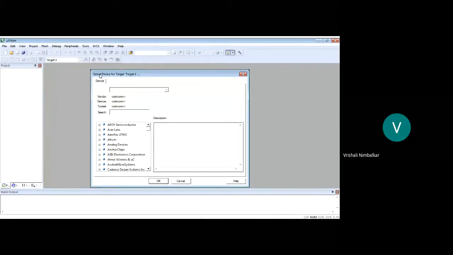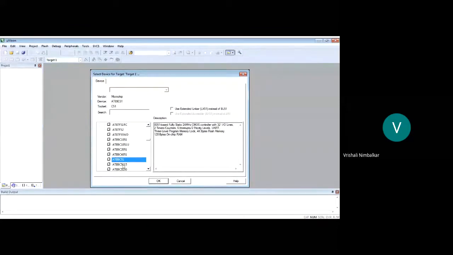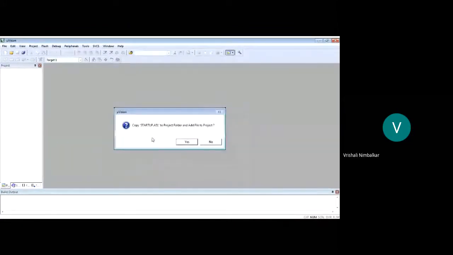Then I'm selecting microchip. It is telling me to select the device. For whom am I writing the program? So I go to microchip and I select Atmel, that is AT89C51. So microchip, AT89C51. Do you want the startup to be added in the project?